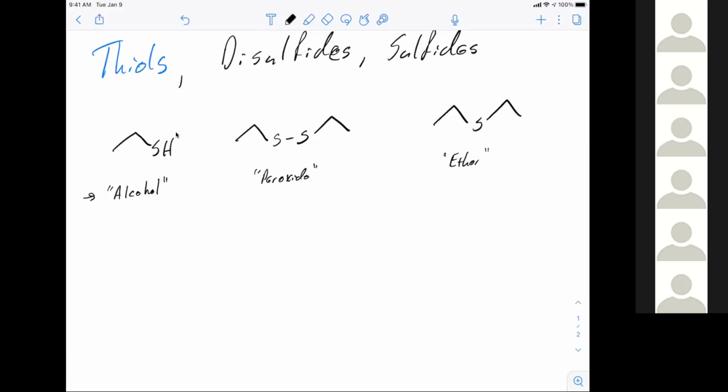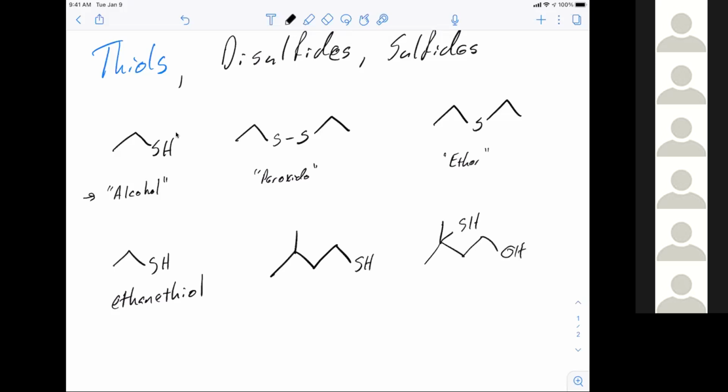If we look at thiols, and those are going to be looking at the thiol naming system, you know, this could be ethane thiol. That is going to be the name for this one. If we looked at a couple of others, here we have 3-methyl 1-butane